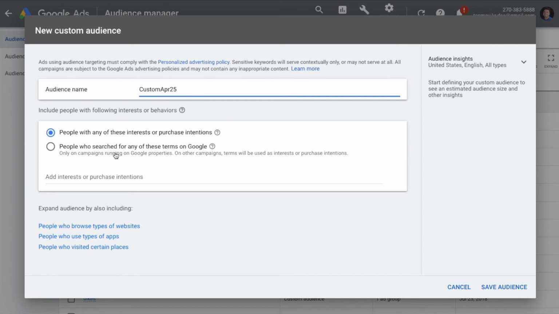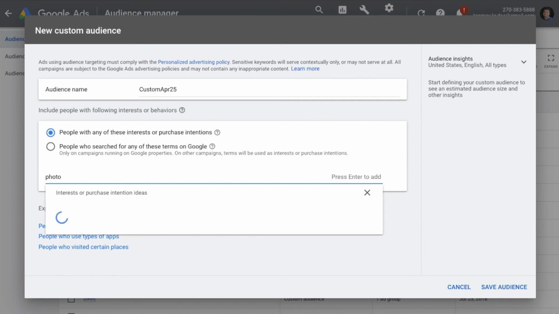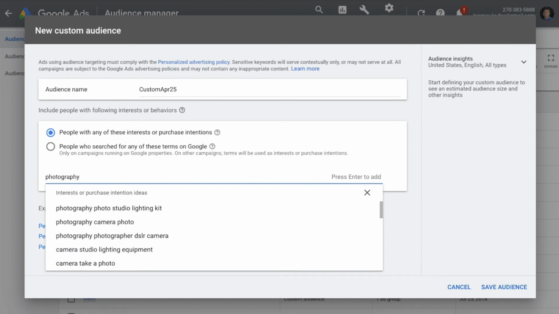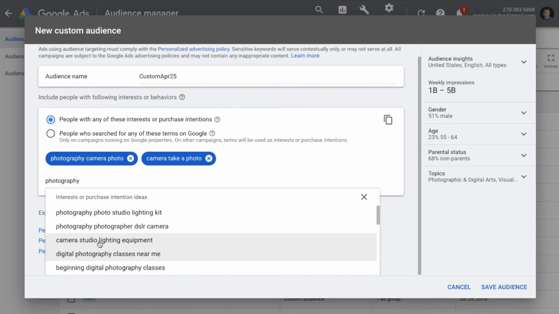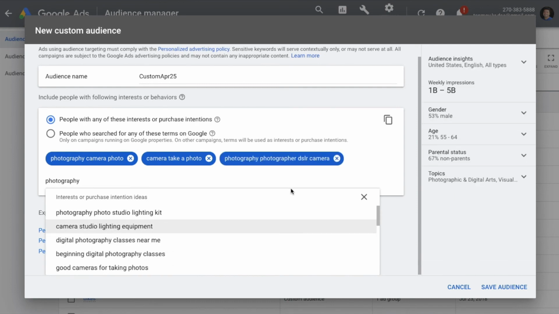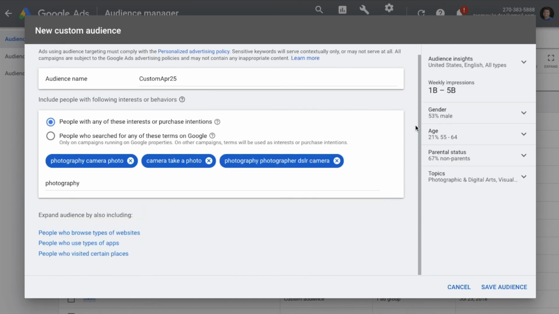First, you can target them based on their interests or purchase intentions. Let's say I'm looking for people who are interested in photography. So then this will give me various options which I can select. In this particular manner, I can select the audiences. You can also see the kind of potential audience I would be able to reach.